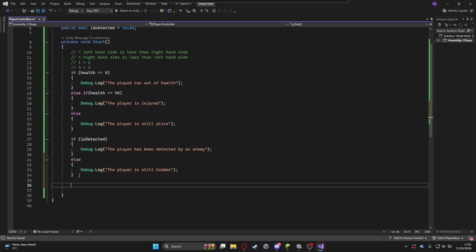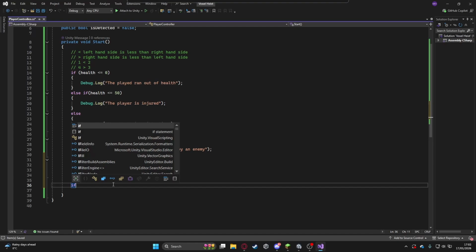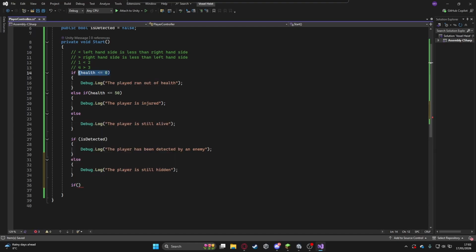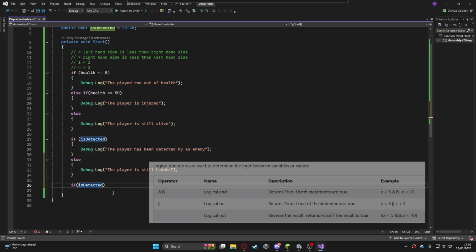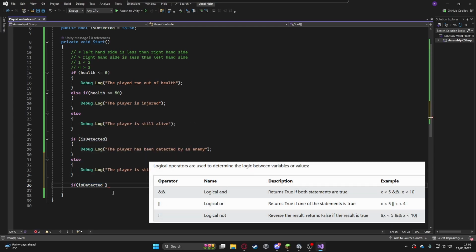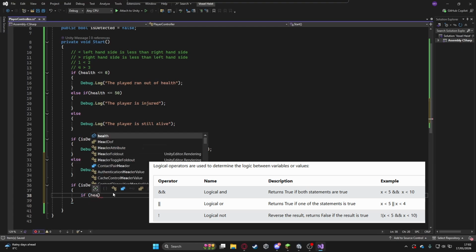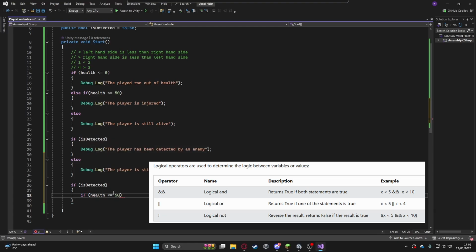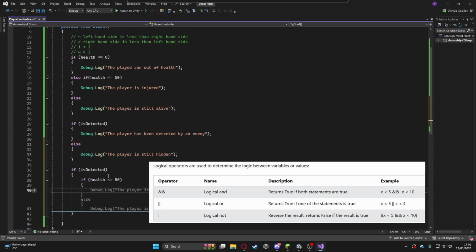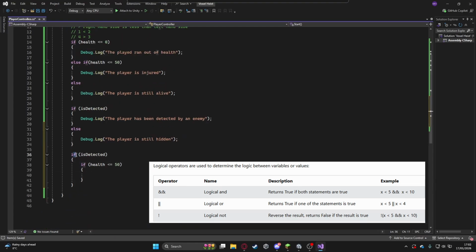We will now be looking at a thing called Boolean logic. So, as we have done up here, we have a few other tools that we have access to. So we'll do is detected. If we want to say if detected and if health is less than 50, rather than having them nested, which is an if statement in an if statement in an if statement, etc., we can simply just ask,